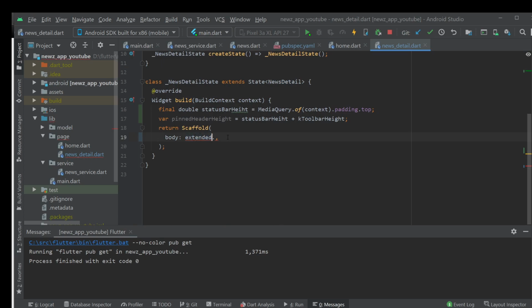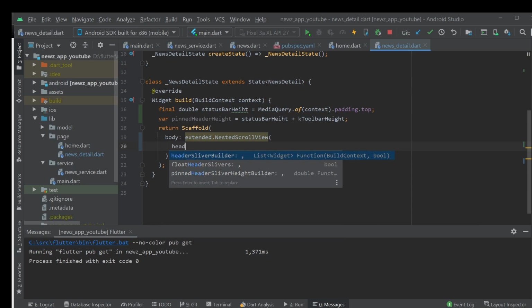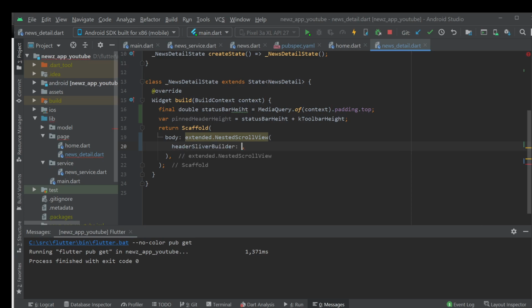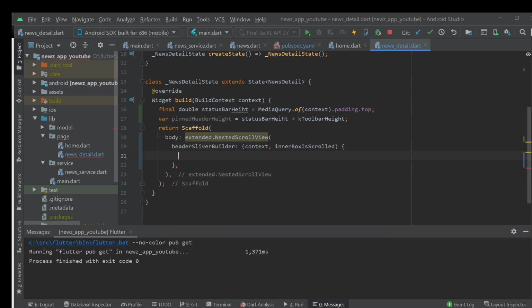Let me just copy and paste it here, extended dot, and it will be a nested scroll view. So you can write extended dot nested scroll view, and then open brace. Now here we can pass different parameters, and first will be a header sliver, the sliver app bar. So header sliver builder, Control+Space, you will get this context and this detail, and